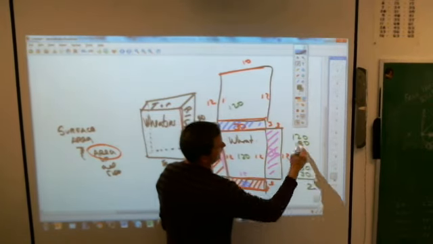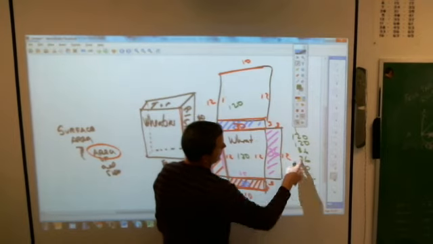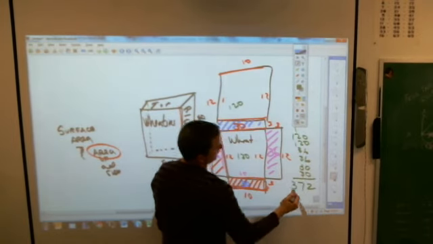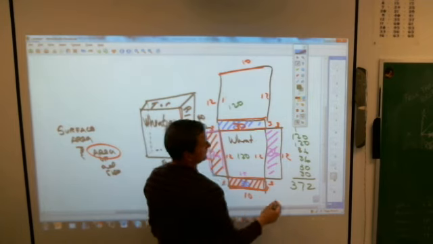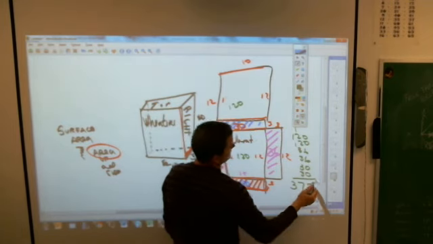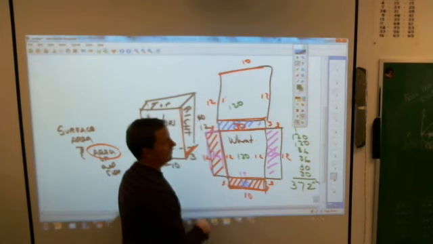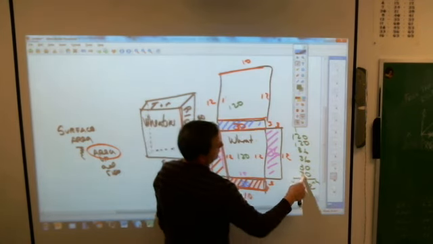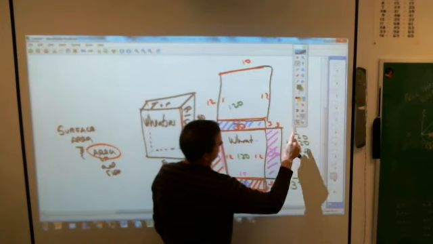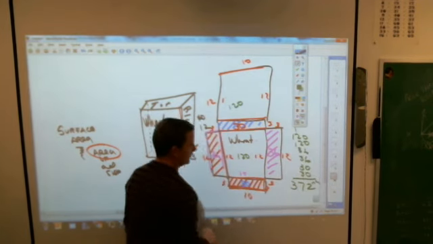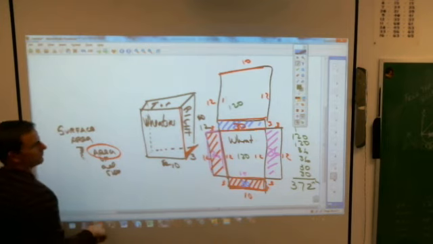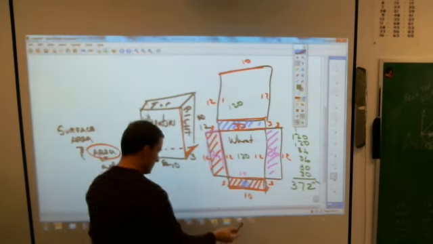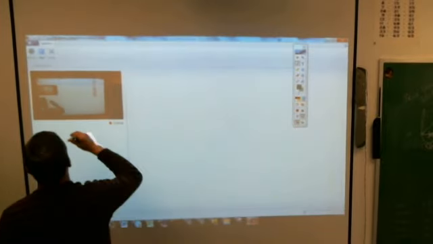Which in fact would give us, drum roll please, that sound right? 372 square inches. You would need 372 square inches of wrapping paper to wrap up your Wheaties box there. How many people thought that was about